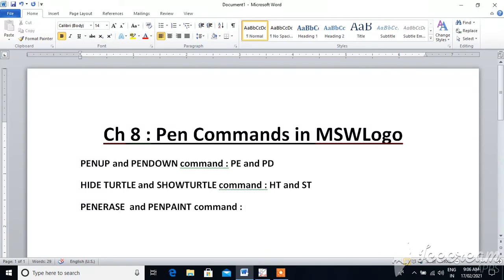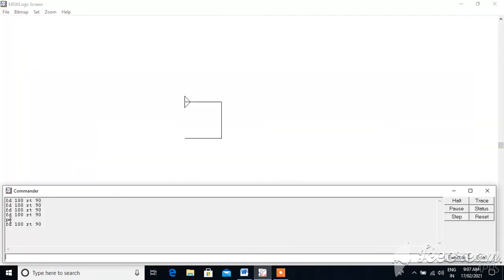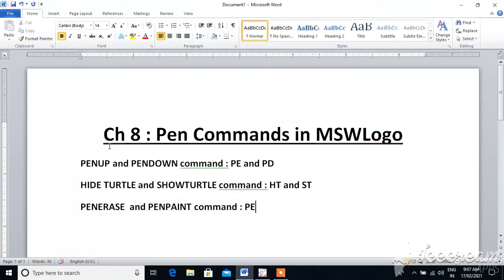The short forms are PE and PPT. This command is used to erase the line or paint the line once again. Like we erased that line, the PE command we used to erase that first line. So this lesson explains these three commands: pen up and pen down, hide turtle and show turtle, pen erase and pen paint.